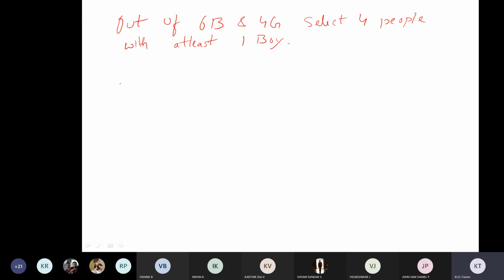So how to do such types of problems? They're asking for 4 people with at least 1 boy. The first possibility is 1 boy and 3 girls, which gives a team of 4 people. 1 boy can be selected in 6C1 ways and 3 girls in 4C3 ways. The next one,